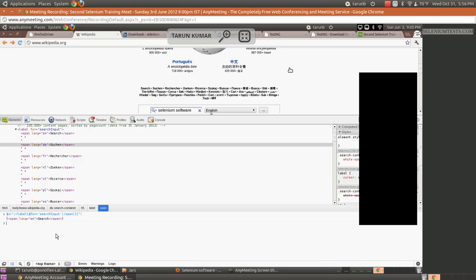Now we want to write the same in the CSS selector. So how do we do that? Let me just clear it. In case of the CSS selector, we use $, if you remember from the previous discussion, and then we have no slash here. We directly use the tag name, which is label here. There is no @ symbol, but we have [for=search input]. Okay, so it returns the label.